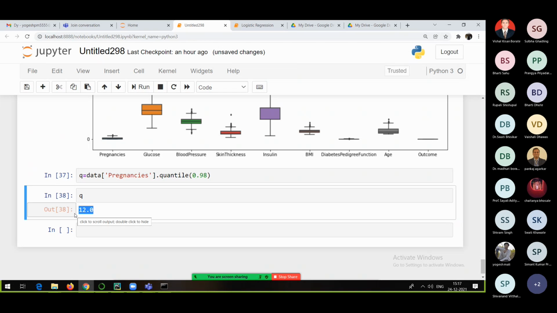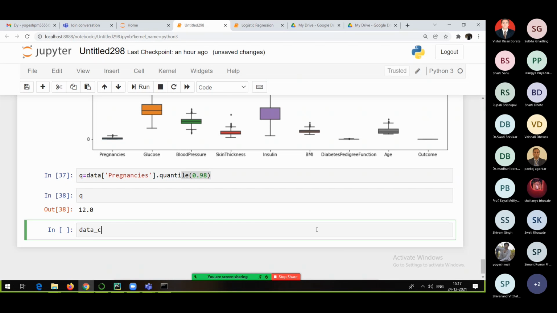All the values less than the 98th percentile value, only those we will include in our original data. So I will create a new variable, data underscore cleaned. Data underscore cleaned is equal to all the values that are less than q. Only those values we will consider here.